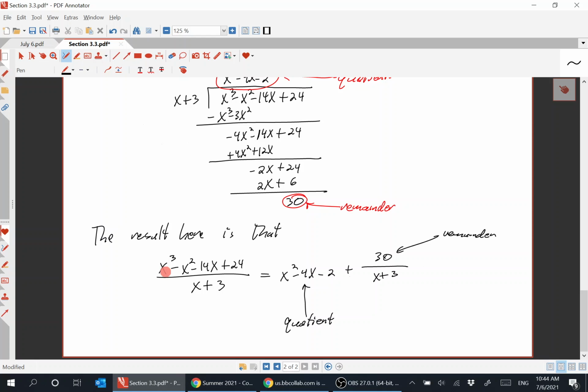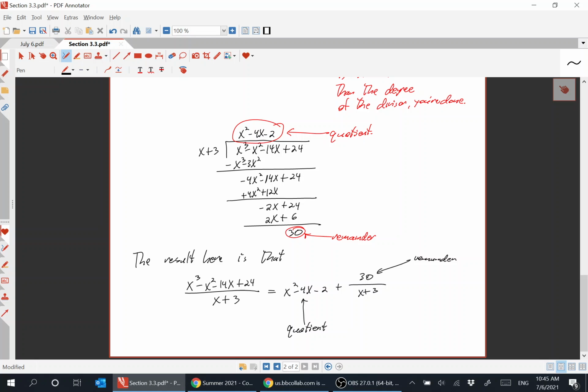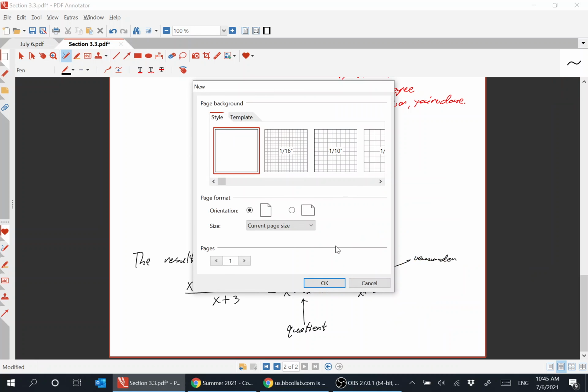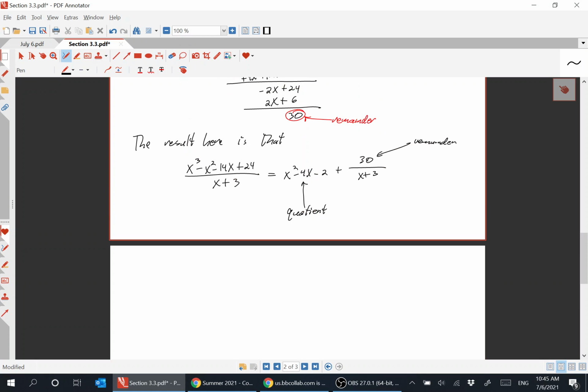Right? So x to the third minus x squared minus 14x plus 24 divided by x plus 3 is equal to this quotient, which is what we found here, x squared minus 4x minus 2, plus the remainder, which is 30, divided by that x plus 3 still. Right? Just like how we write